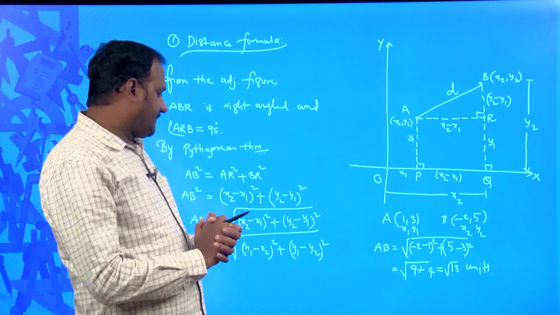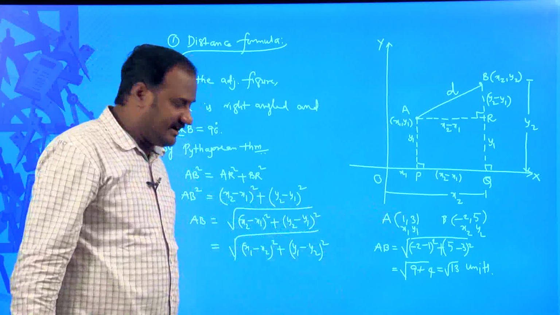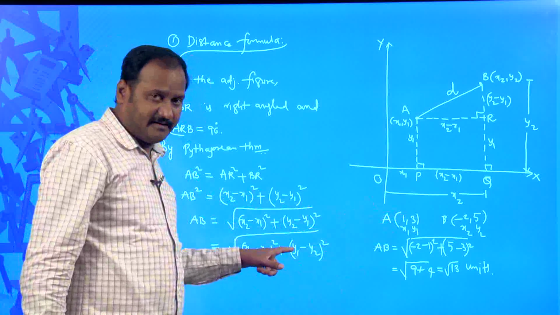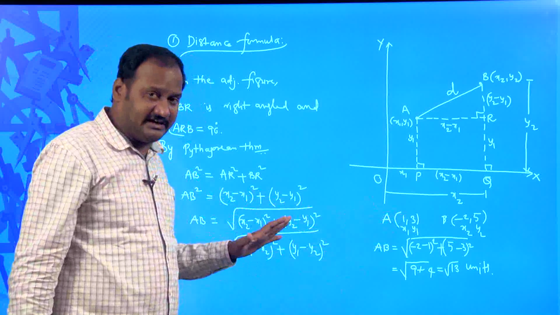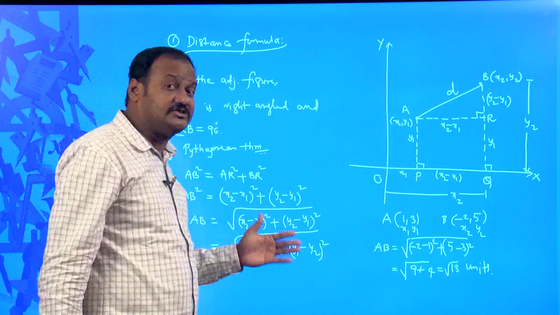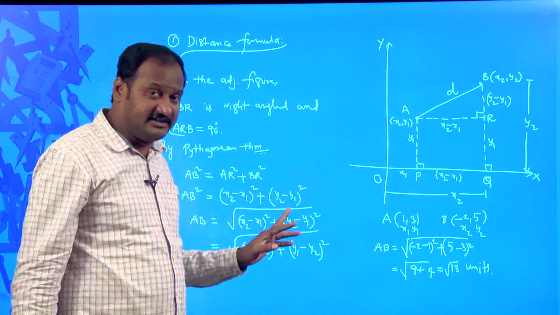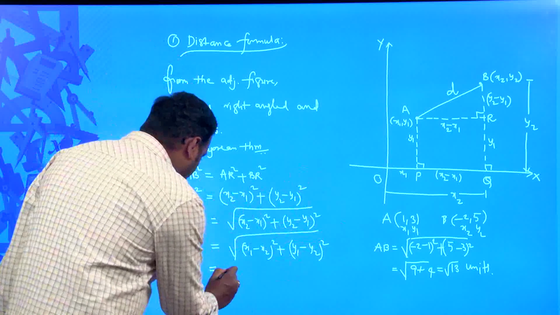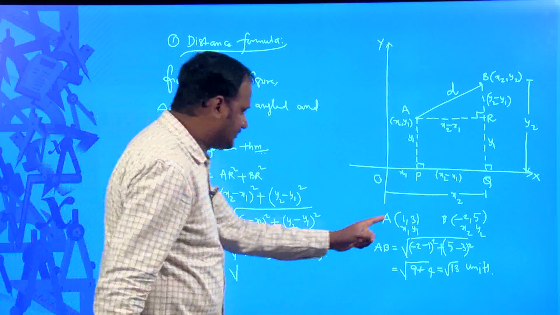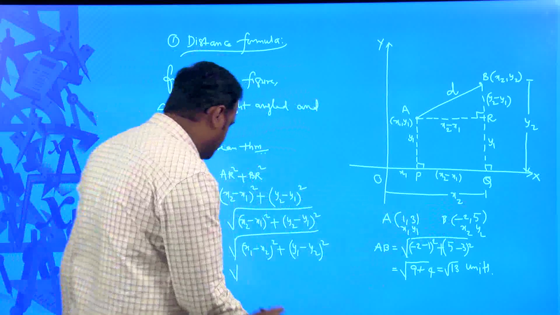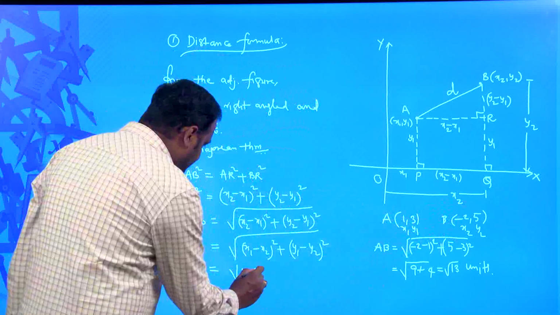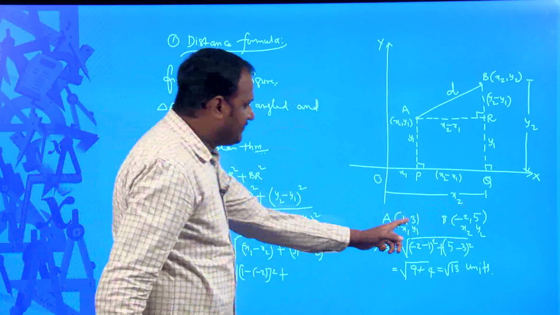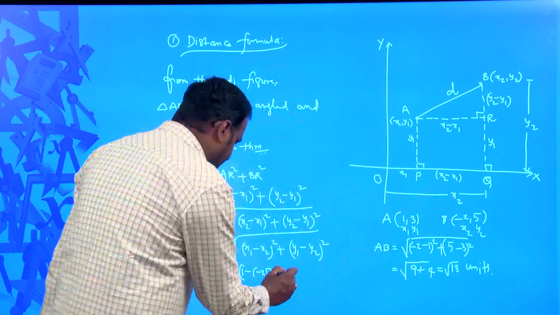See, both of them, let us try. The points are there, I am going to figure out what the distance is if I use this formula. I know whether the difference is there or not, but I just want to show you there is no difference between both of them. Why there is no difference, you will get to understand now, which is equal to square root of x1 minus x2, x1 is equal to 1, x2 equal to minus 2. So, x1 minus x2 is 1 minus of minus 2 whole square plus y1 minus y2, 3 minus 5,